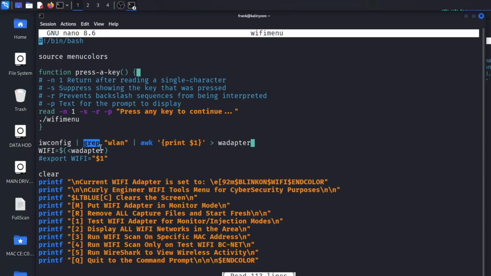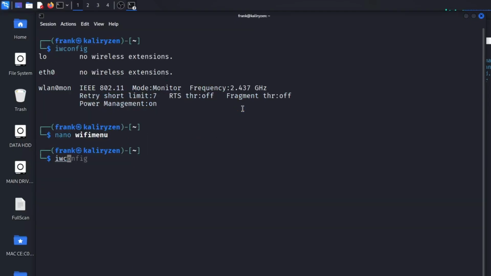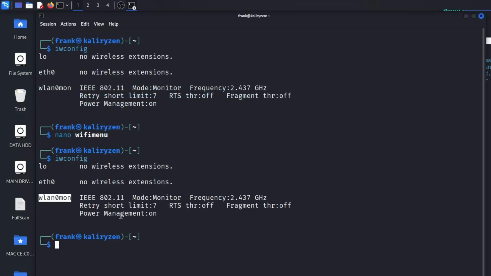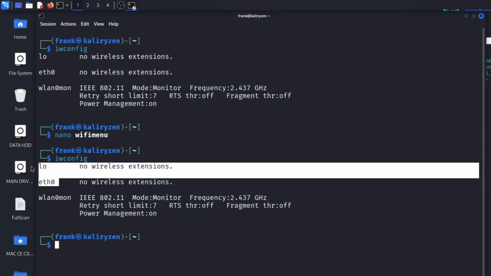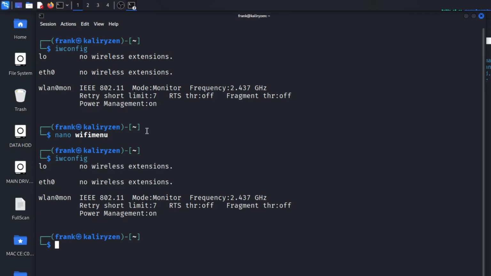I really don't care what's after it. I know that this is what's going to be in the beginning of what I'm looking for. So it finds that, and then it uses awk, which is a string manipulation utility. Because I know there's a space between the adapter and more text, I'll give you an example. You see how this is in a separate column than all this stuff. So that's what the awk is doing, it's basically just taking everything after this column and getting rid of it. And the grep is getting rid of the lo and the eth0. So what we end up with,